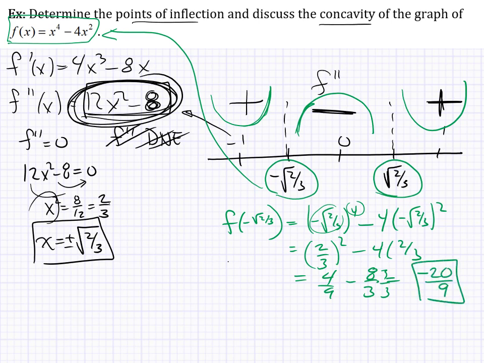If I did f of 2/3, or root 2/3, since I'm raising it to the 4th power and 2nd power, it's the same as negative, so this will also be negative 20 over 9. So what could we say? Well, we could say f of x